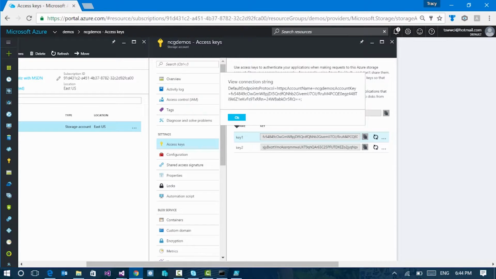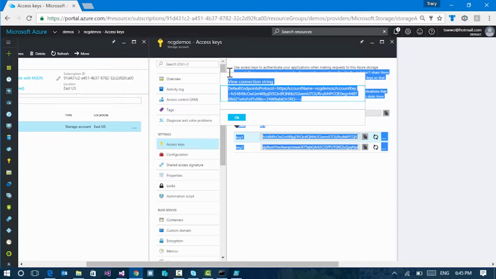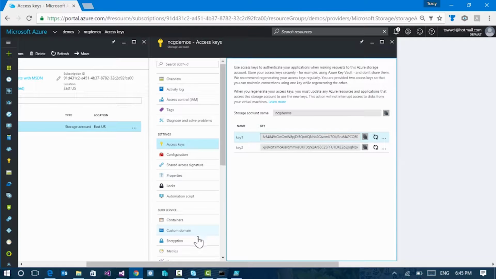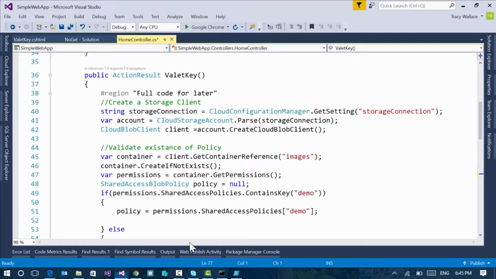Now this is something where I wouldn't want to have the actual connection string hard-coded into my app, because I would probably want to use development storage in my web config file or app config file. Then if I push that up as a web app, through the web app configuration I'd put the right key in and I could manage it, or even better, I might do that through the key vault. But in any case, I can simply copy this connection string, which I've already done, and I could pop that into my